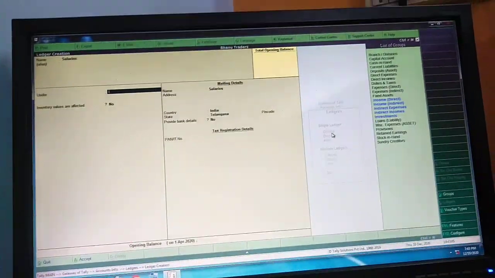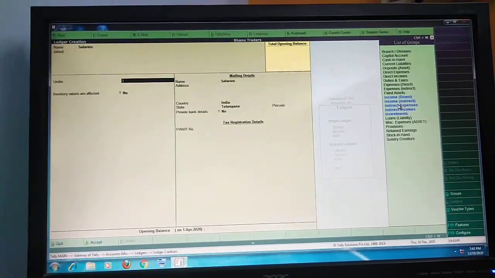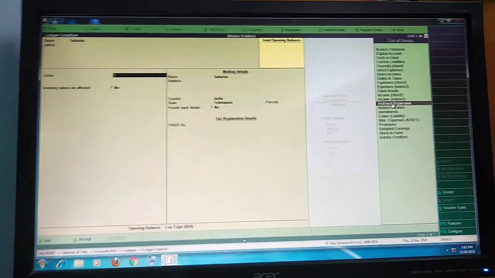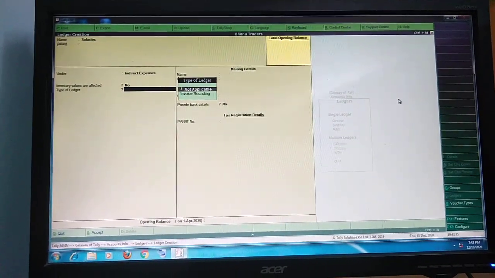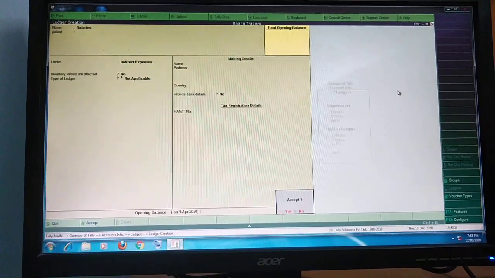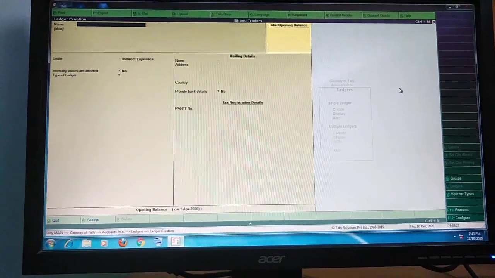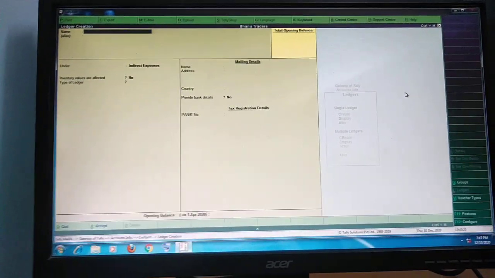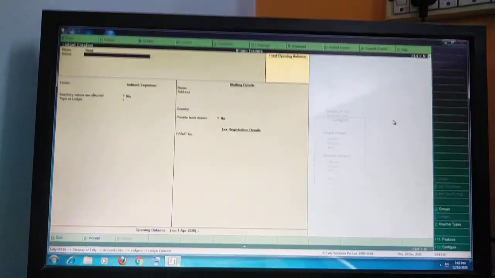Select indirect expenses from our list of groups and press enter. Press enter, accepted. Salary saved, one ledger account created, one by one. For example, I go to the rent, enter.